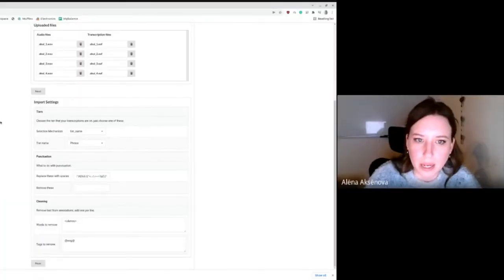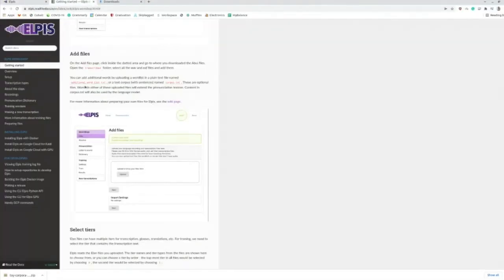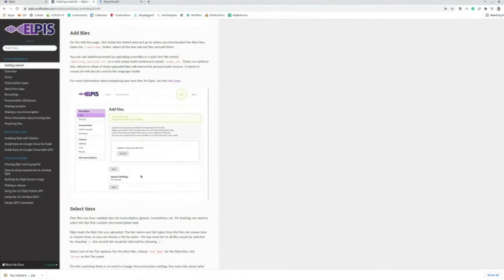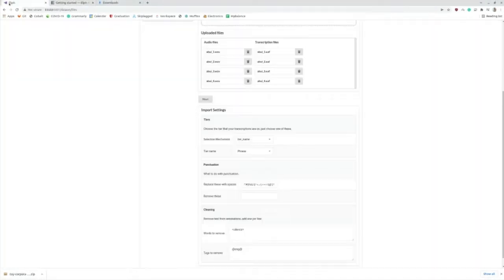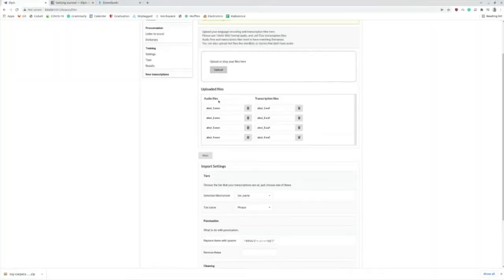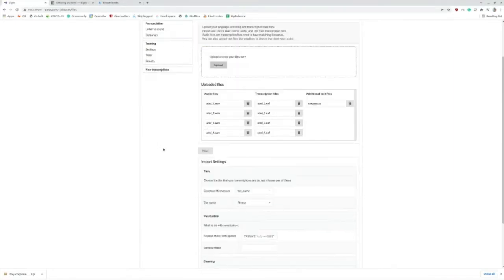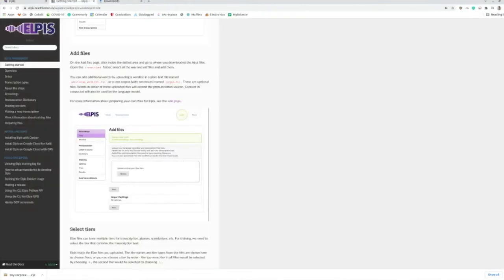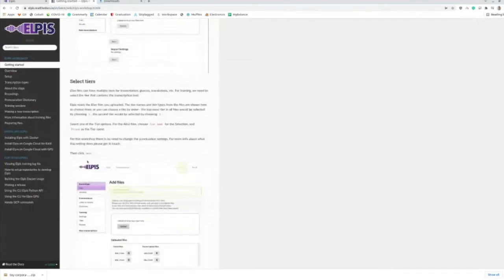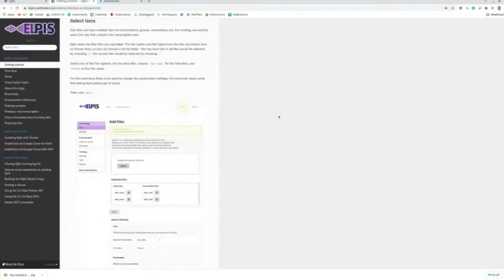So let's see, we can add those in just in the regular section. Text corpus, yeah, it looks like we just upload those in the same place. Okay. Let me upload the corpus. So here we have our corpus.txt. Okay, additional text files. Perfect. Okay, and then for selecting tiers,